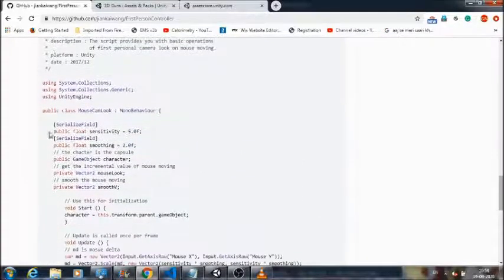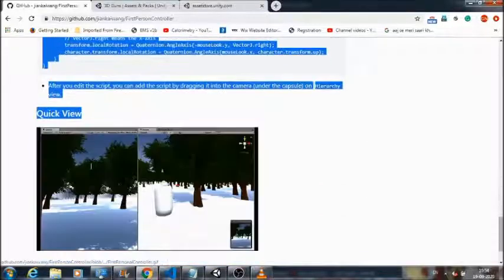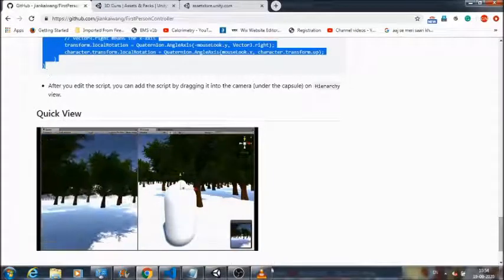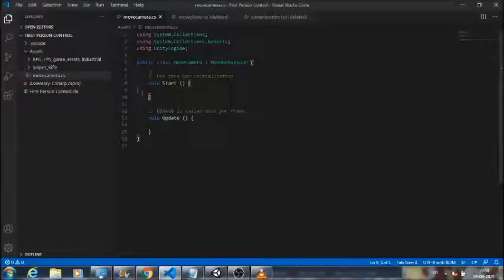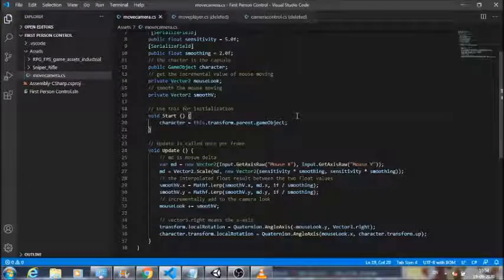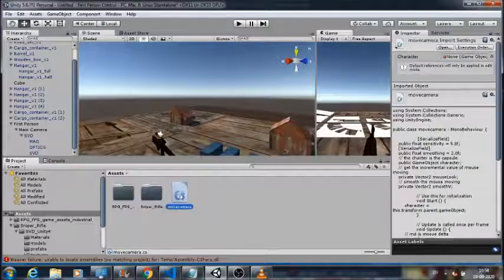We need to copy this code from here, from the serialize field part, and till this point we need to copy it, and then we need to come on this Visual Studio and paste it in place of this part like this. Okay, just save your changes, come back on the Unity platform,